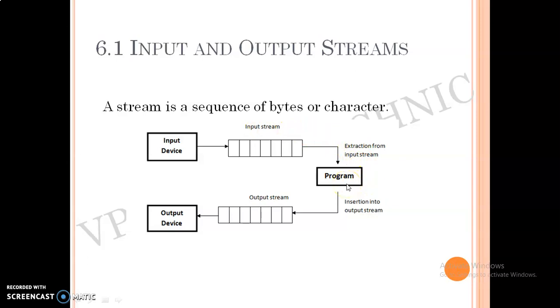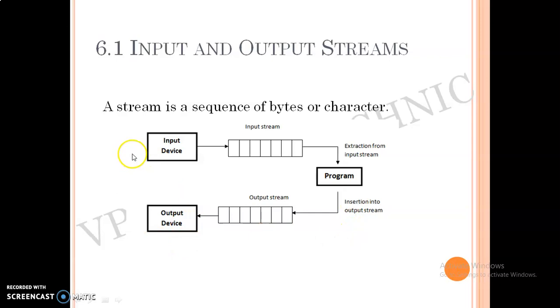It fetches or extracts the data from the input device in the form of streams of bytes or characters. And from the program, it is going to display on the standard output device in the form of stream.